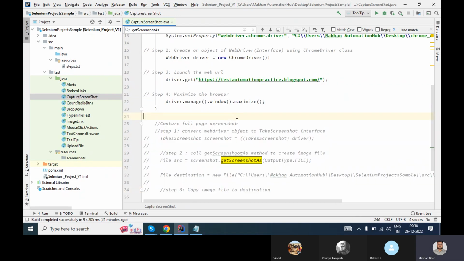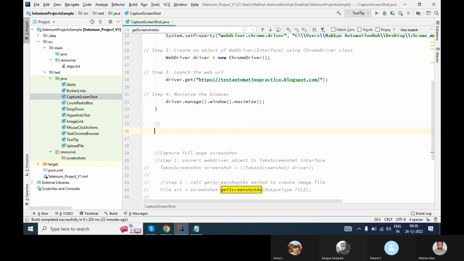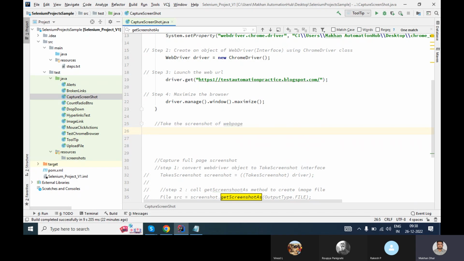Okay. Now what we can do here, for example, take the screenshot. Okay. Oh, okay. Now I'm saying